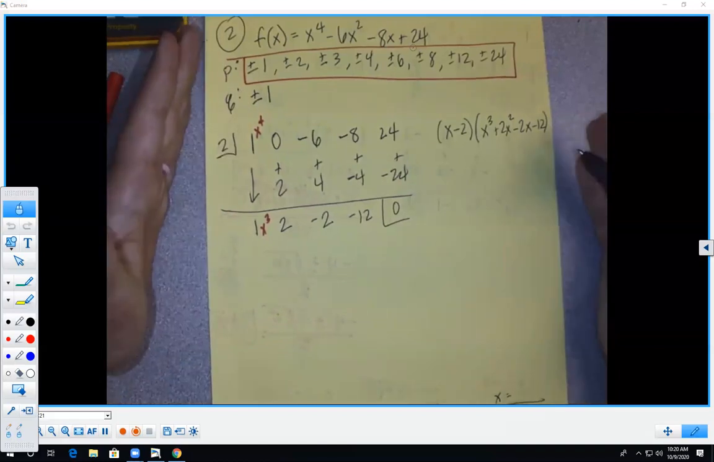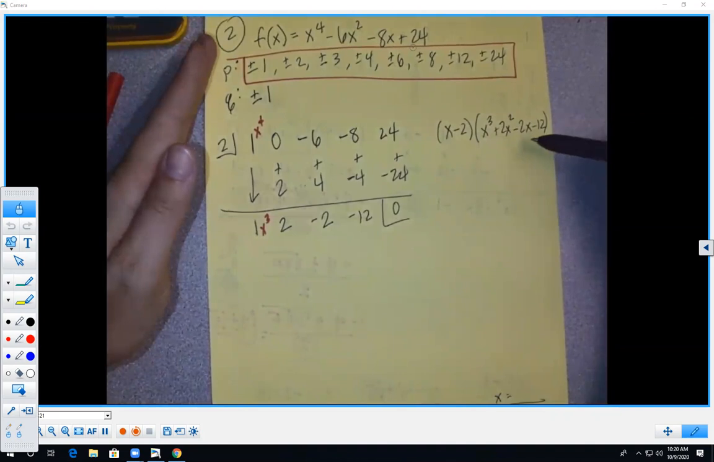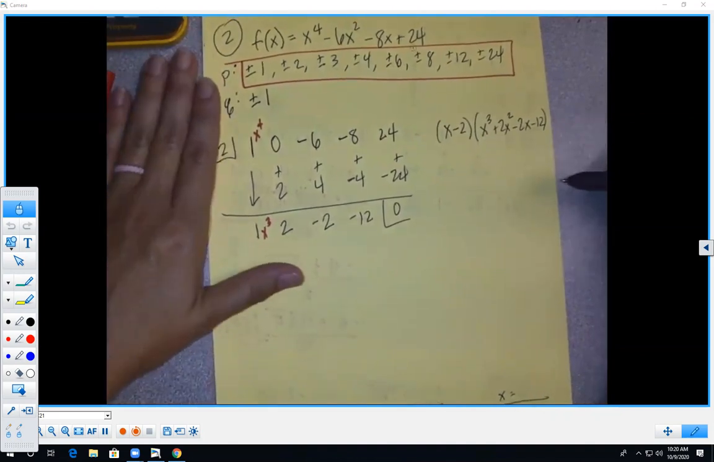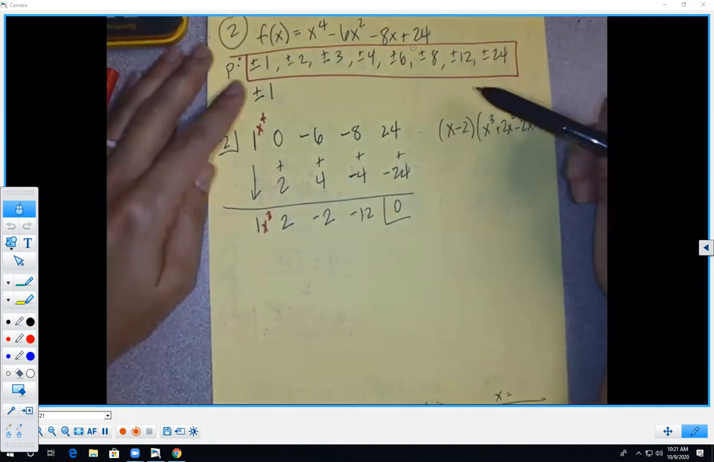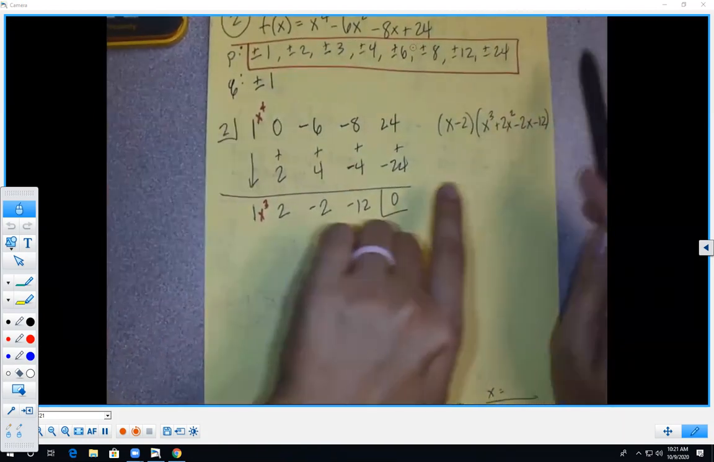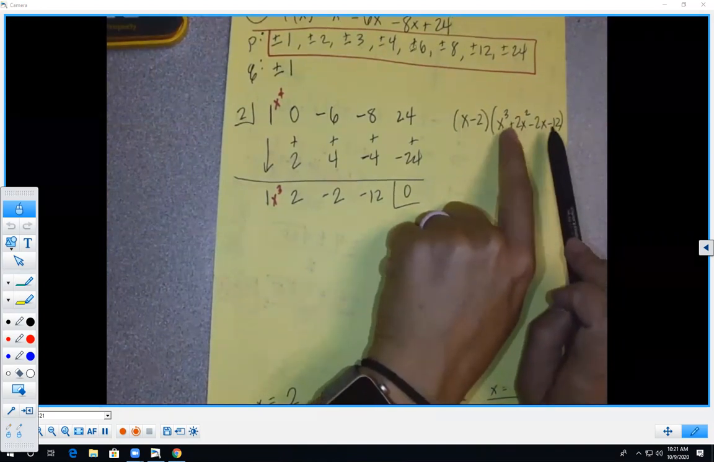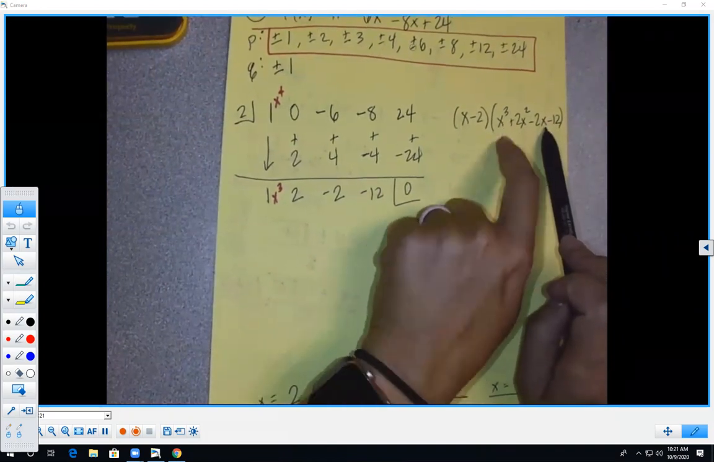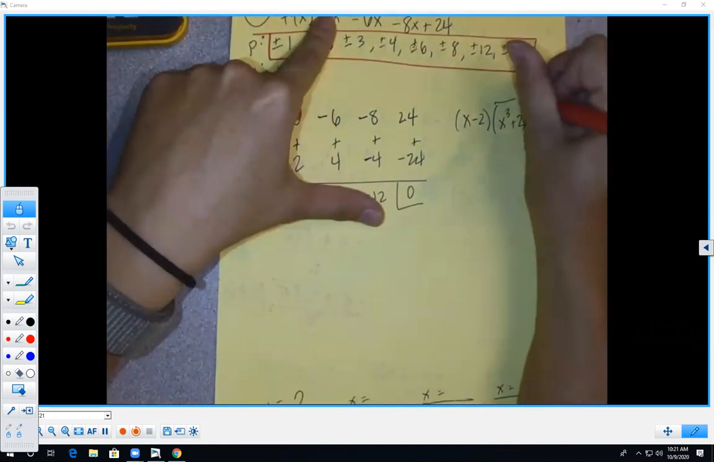So I'm stuck. If I can't factor it and I can't use the quadratic formula, how am I going to get the other 3 answers here? Do it again. I have to do this whole process again. When I divide this time, I'm not starting off with my original problem. I'm starting off with this part right here that I'm dividing. So I'm trying to get that cubic function, degree 3, down to a degree 2. So now I'm going to take this part